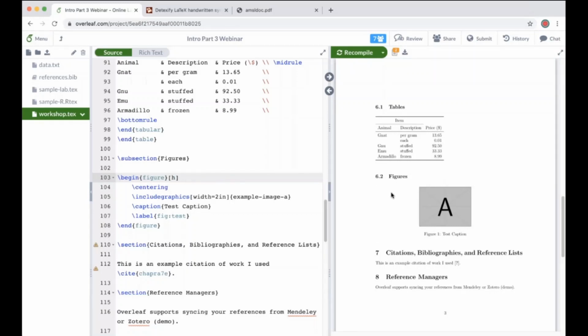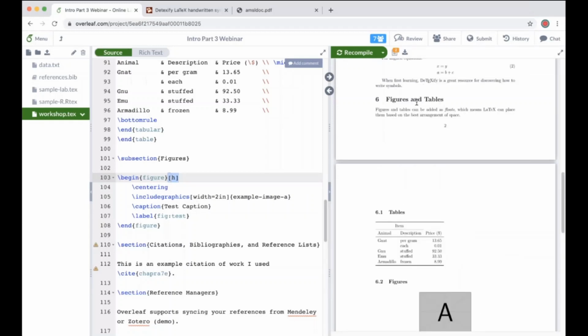One thing I will say about the figure and table placement specifiers. If you're editing a large document, it can be best to leave this type of customization until the very end of the editing process. And the reason is, if you tweak all of these positions and then edit a lot of text higher up in the report or the article,